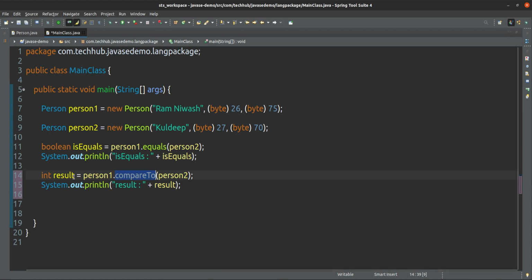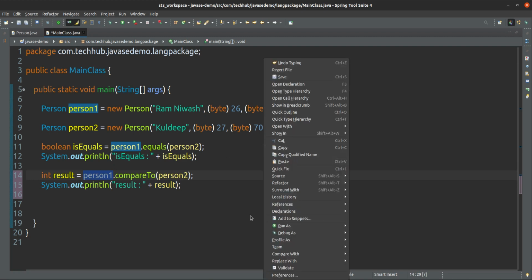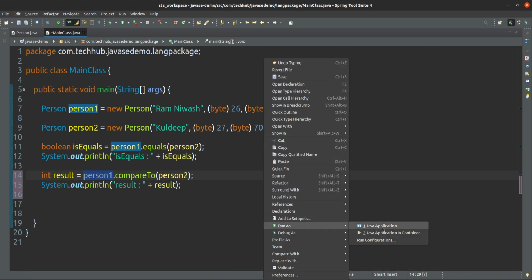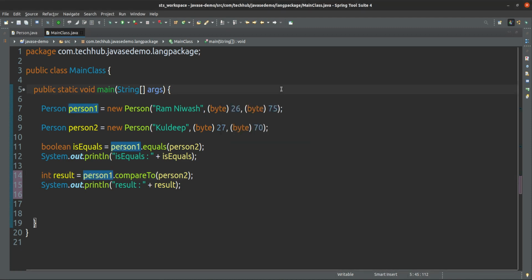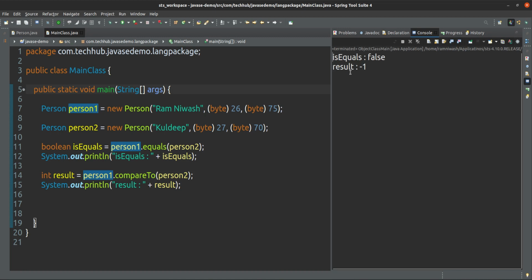If this result is negative, in that case what will happen? Person 1 is smaller than person 2. Yes, the result is -1.